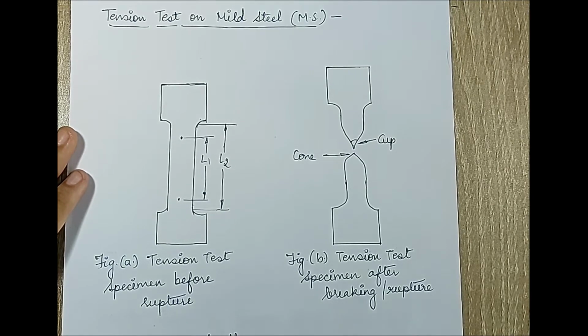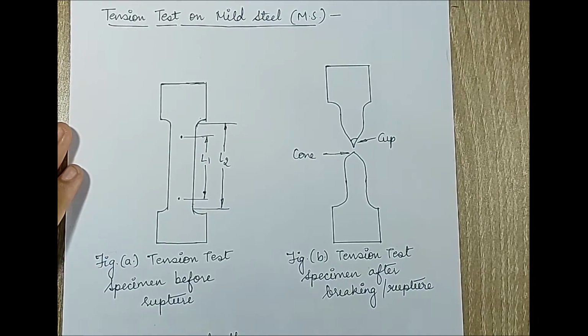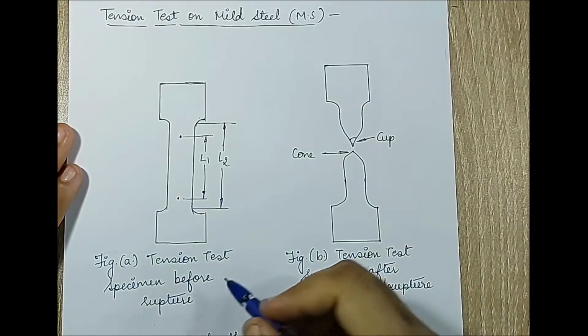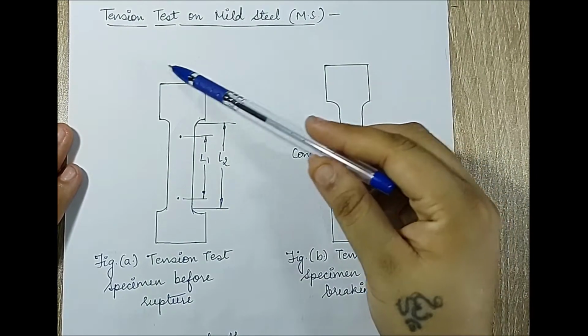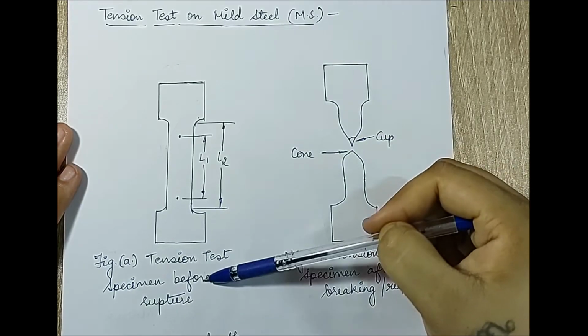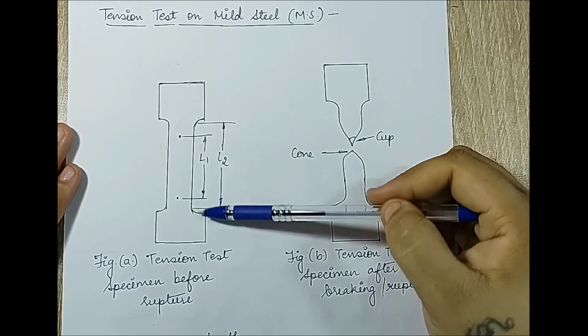Now, this is a tension test specimen before rupture, or rather before I put it on the UTM, the universal testing machine, which is used for measuring tension, compression, shear, bending, flexure. All these experiments can be done on that machine. I will be soon uploading a video on the working of UTM. Currently you can just understand that the UTM holds the piece at this end and at this end, and applies load from both the ends